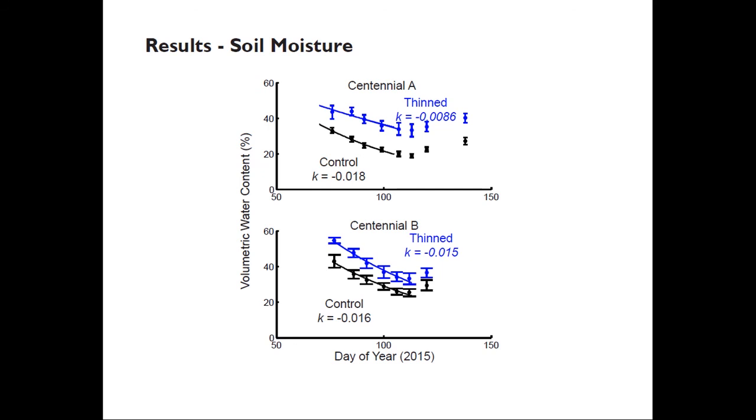So this is weekly soil moisture measurements over thinned, in blue, and control sites, looking at two of our sites. So this top one was restored about 5 years before we did this, and the bottom one was restored about 10 years before we did this. And so, from having a large sample size, we're actually able to look at some of